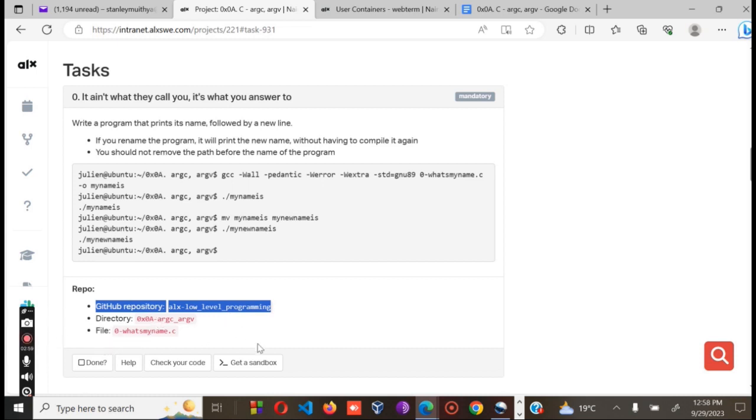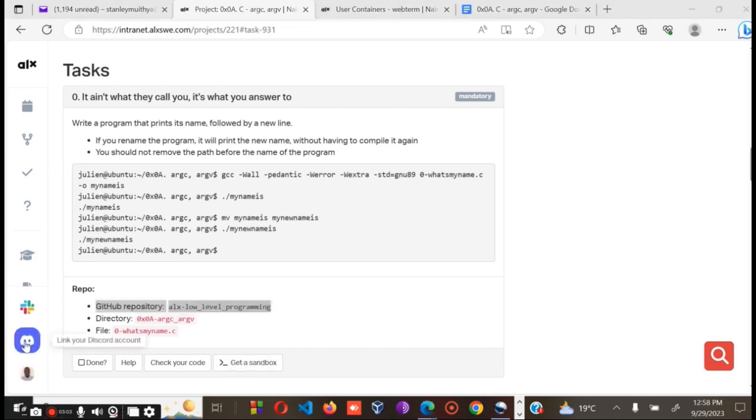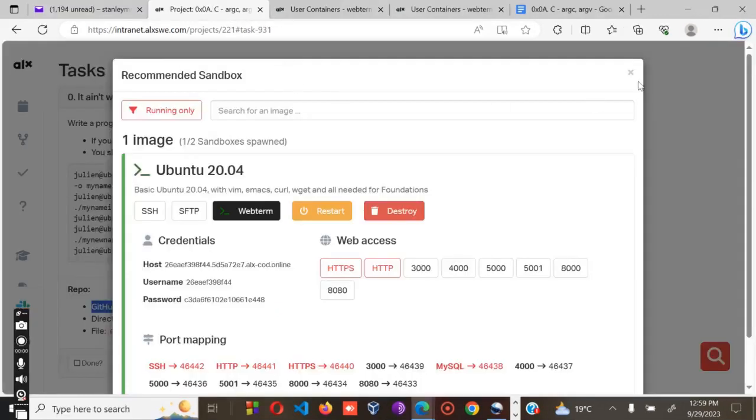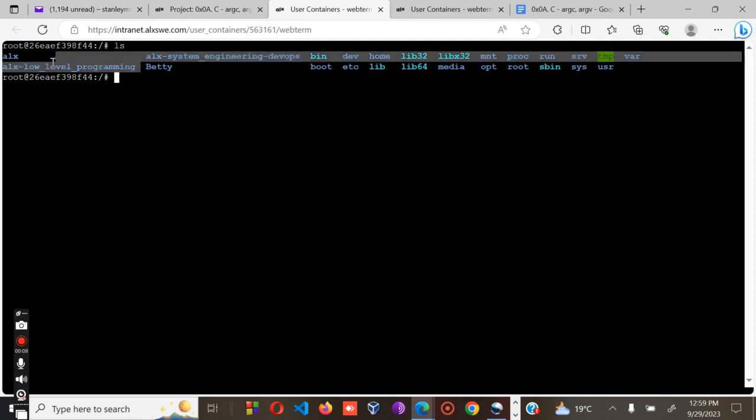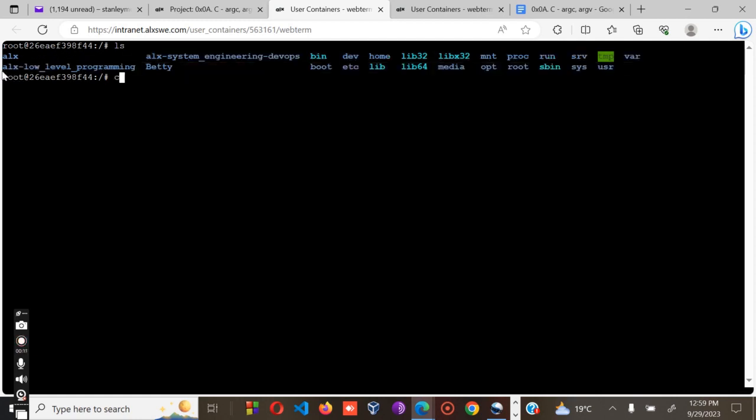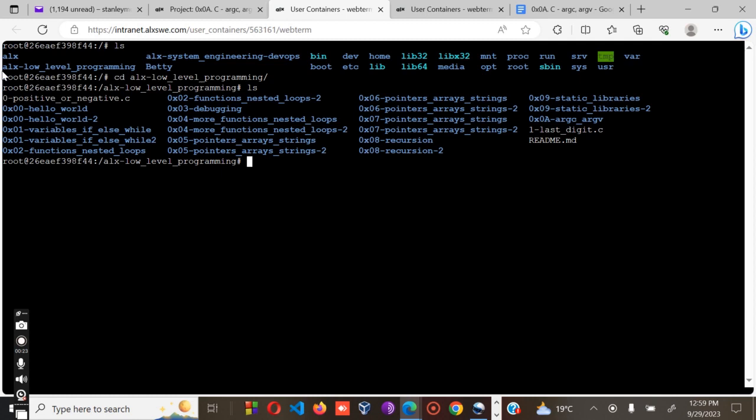Okay, let's move to the search box. Let's open the search box. So let me see what I have on my repo. You can see that I have the ALX low level. So I will try to open it, ALX, then use the tab key to complete the remaining characters. Okay, let me see what I have. The LC means lists. Okay, I had already